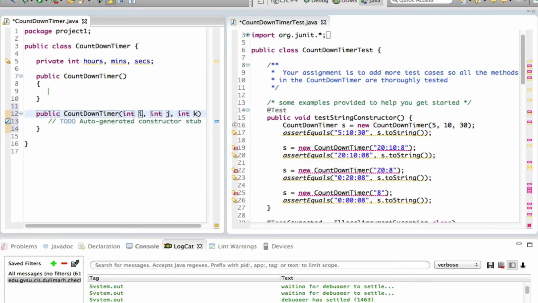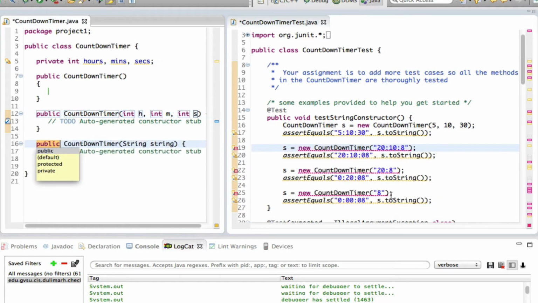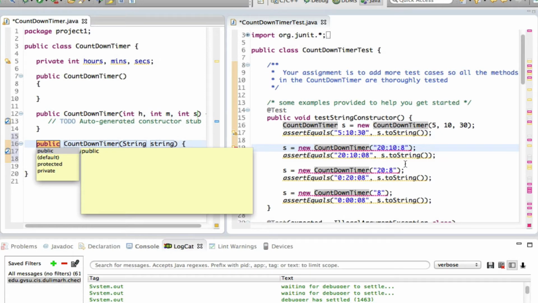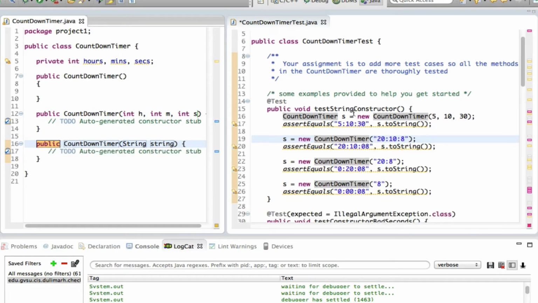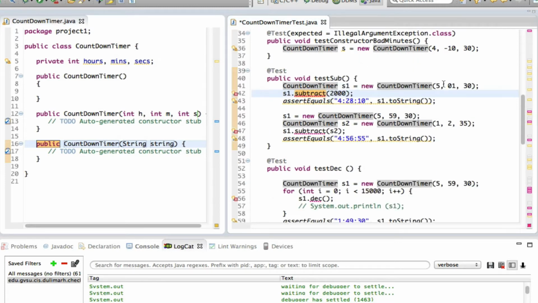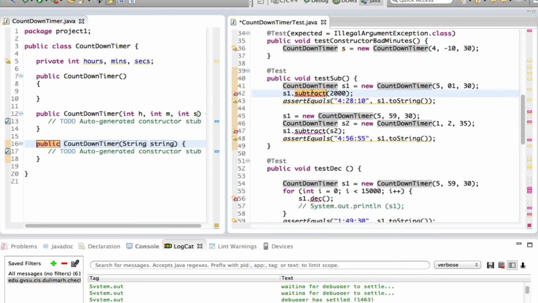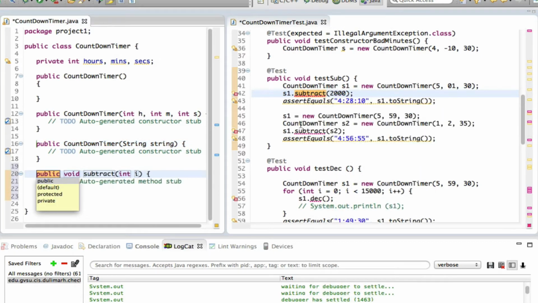And of course, I'm going to rename the parameter to something more meaningful, and I'm going to use H, M, and S for hour, minutes, and second. Okay, so now that error is gone, and then you can just repeat the step, create constructor again, and that constructor takes a string input, and then just Control S. And if you just want to jump to the next error, just click the red box on the right margin, and you can just repeat the same step, and then hover your mouse, and then create method,